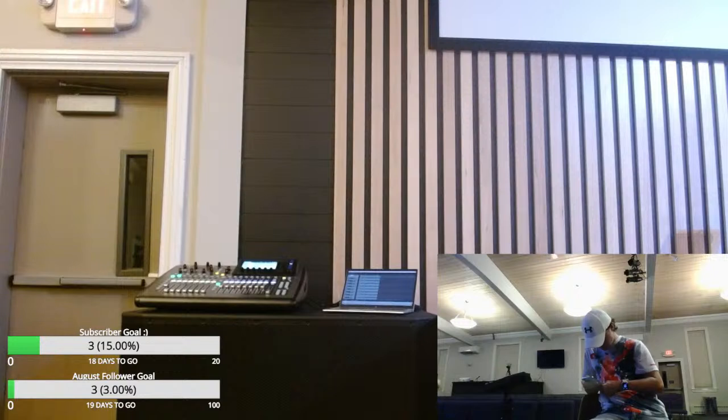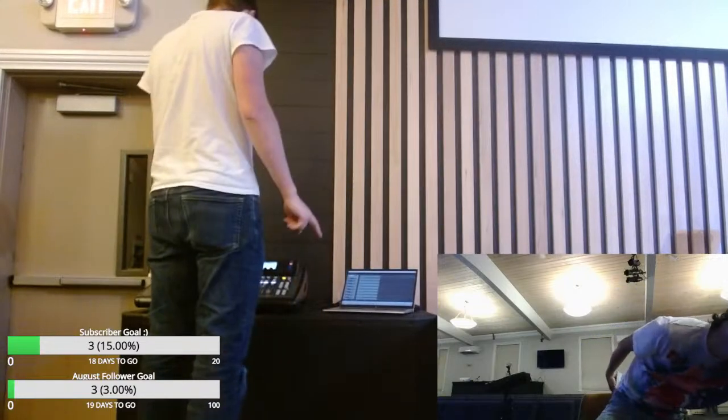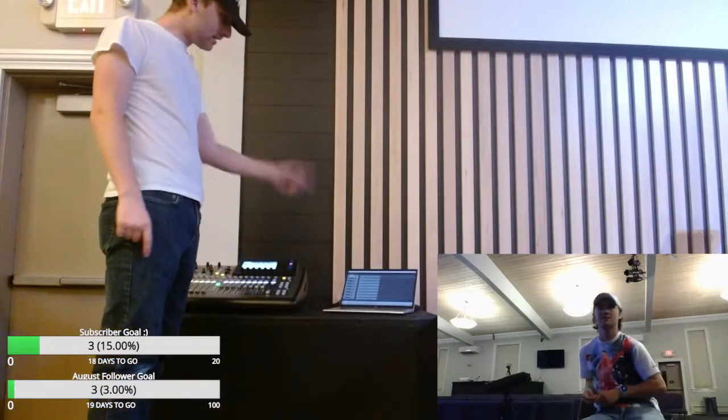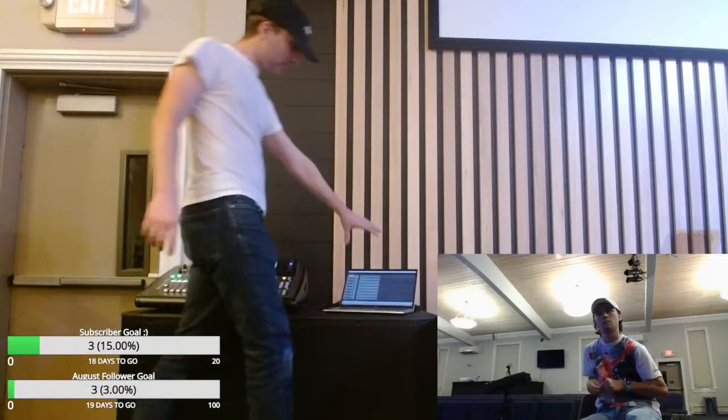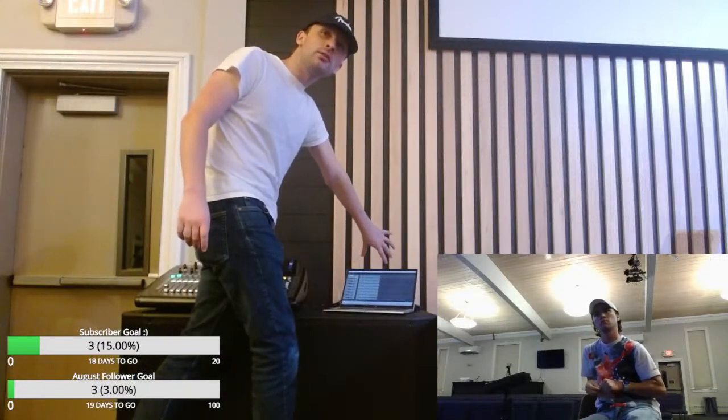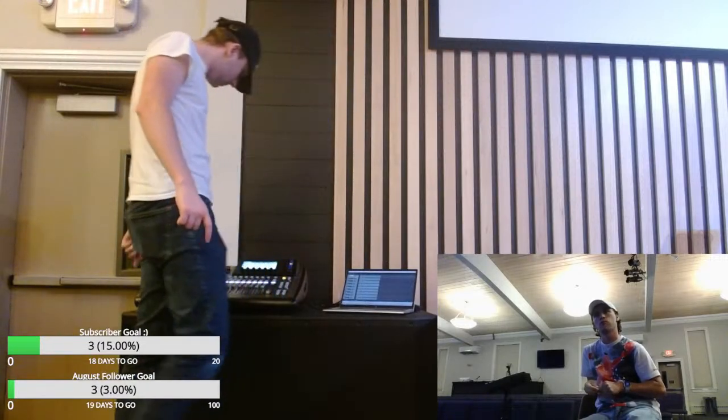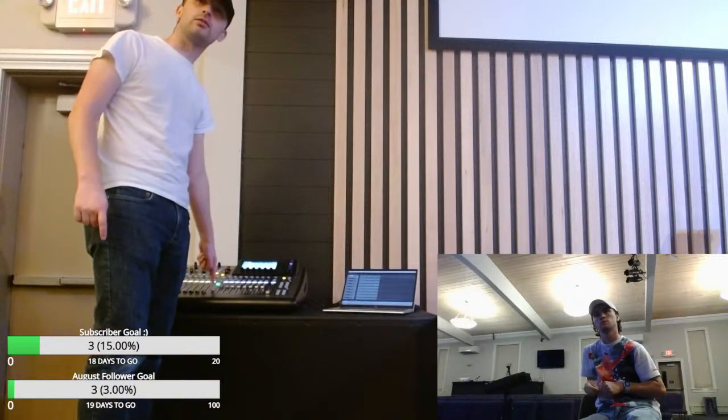This is where it gets interesting. To send the outputs of all of the DAW's 32 channels to the input faders of this board. So I guess if you want to hear them,